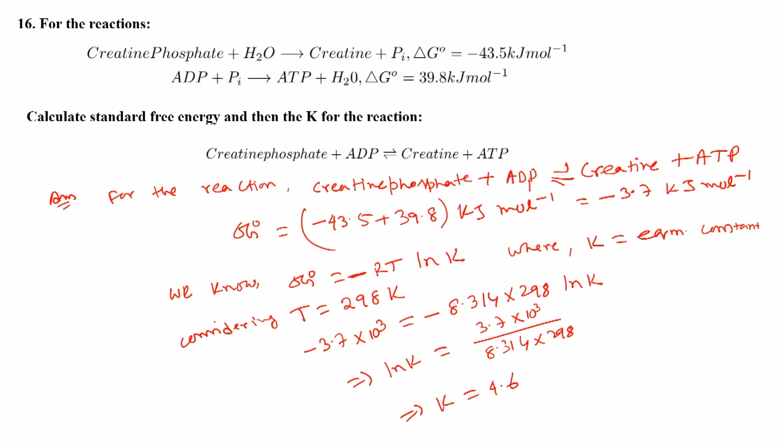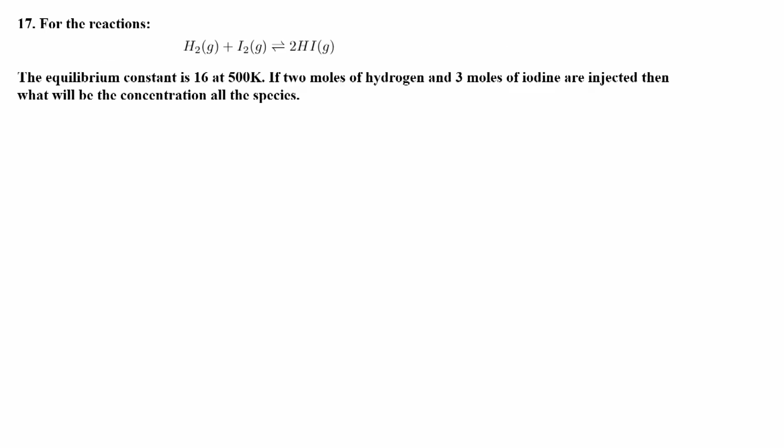So, this was problem number 16. Next we move to problem number 17. For the reaction H2 plus I2 gives 2 HI, the equilibrium constant is 16 at 500 Kelvin. If 2 moles of hydrogen and 3 moles of iodine are injected, then what will be the concentration of all the species? Okay. Suppose, let us consider